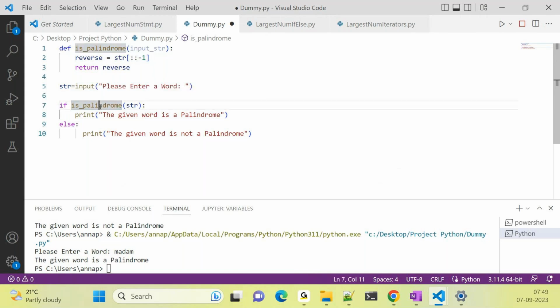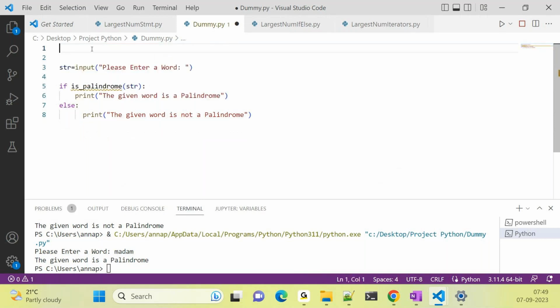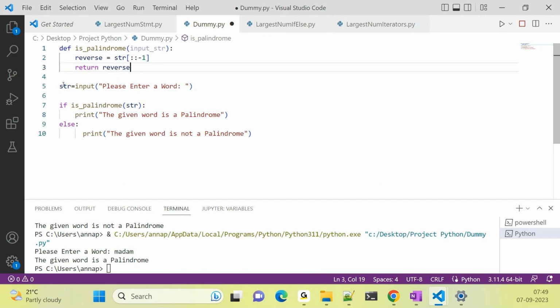So first what happened, str, I can put this down, I can place it somewhere else also. But now the input, please enter a word. It is asking for input, and the input is saved into str. Then after the input is saved, we are calling the function, because this function is palindrome, will tell me whether the,